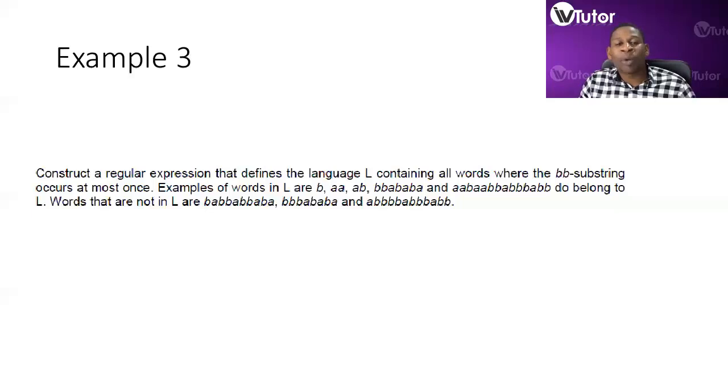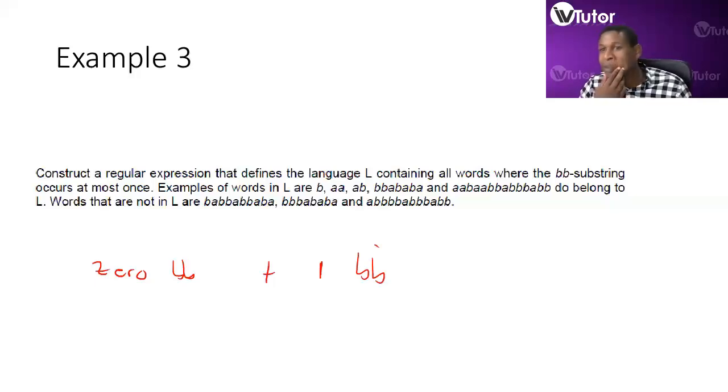So you want, number one, a scenario where you have got 0 BB, or you want one where you've got 1 BB, right? So if we do not want to have any BB substring inside the language, then we're saying we can have A's, or we can have a B, okay? An A or a B are allowed. So these are the 1 letter words, but after that, right?